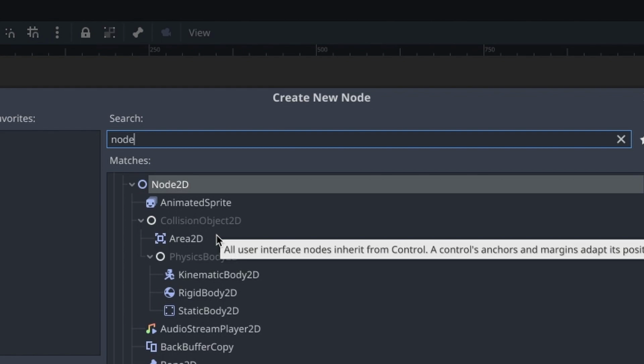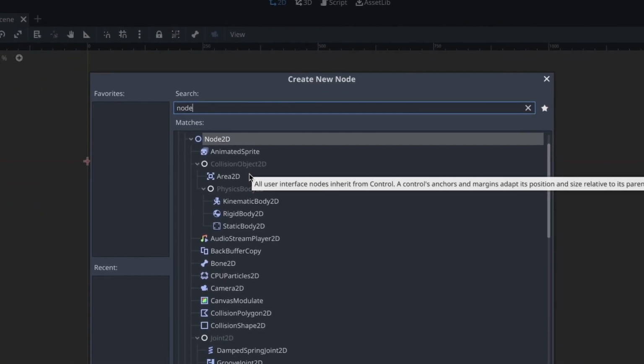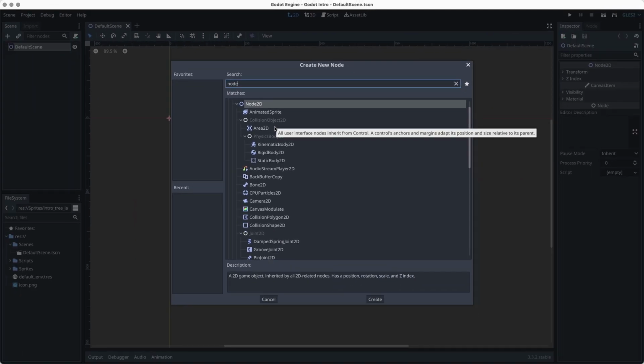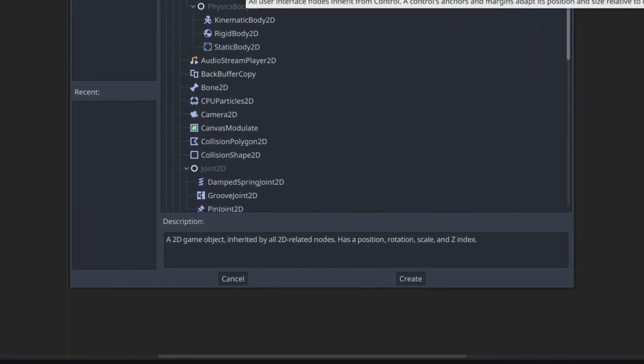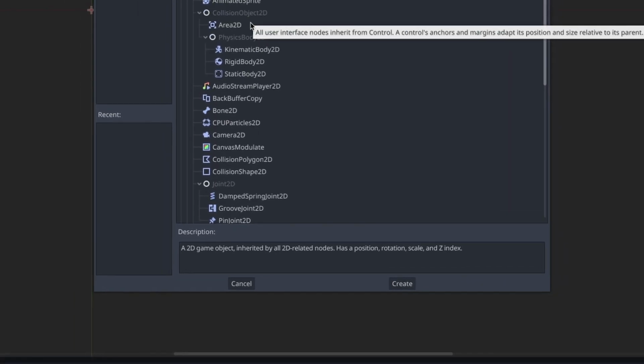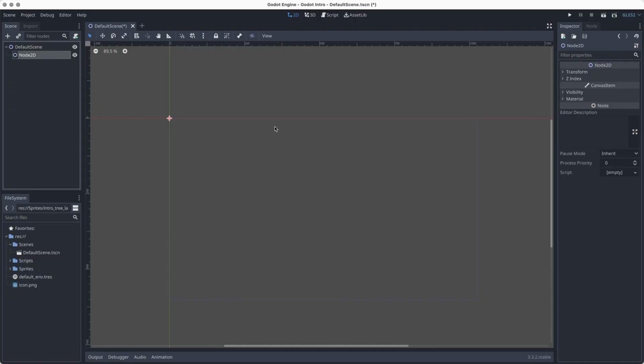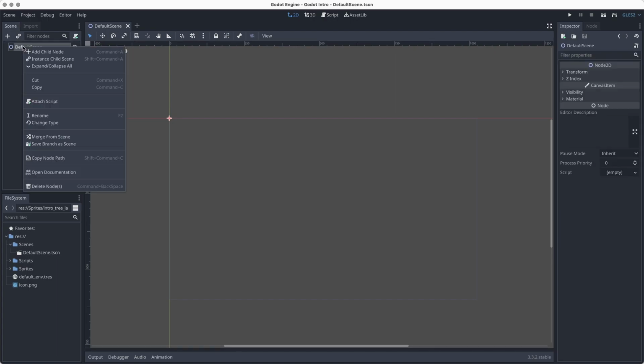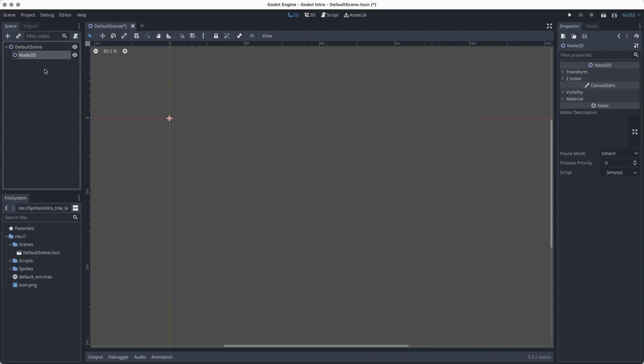But there are other nodes, like a sprite that we'll add later, that have specific properties that come with them. Once you find the node, select it and then hit enter or click the create button. This is basically like just adding another folder. Another way to add a node is to right click on the node that you want to add it to